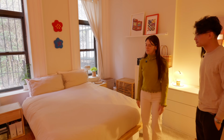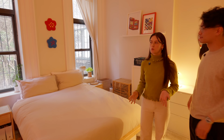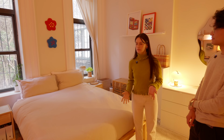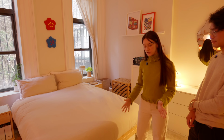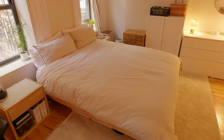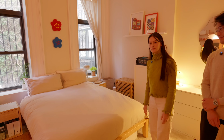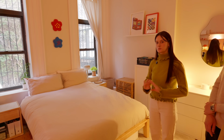This is our bedroom. Coming into this room, it is a very spacious room, so we weren't totally sure how to design it at first, but we did decide to kind of section up the room with rugs. So over here is like our bed space. We wanted our bed to be just our place of peace. New York is really chaotic a lot of times, so we wanted somewhere that we could really just relax and